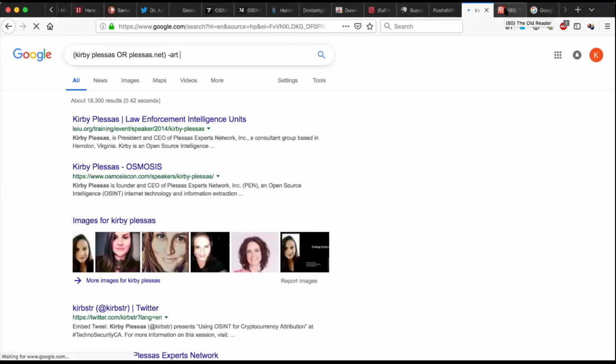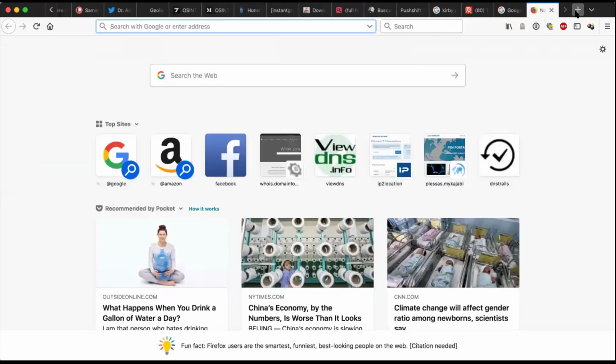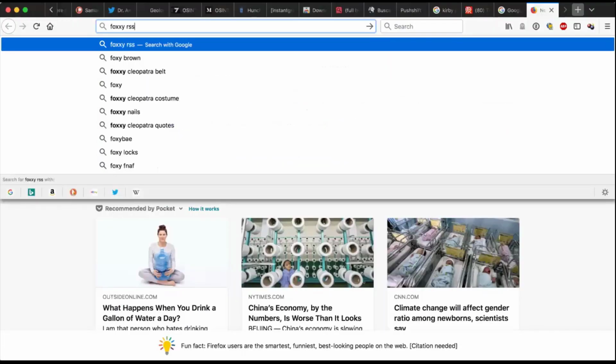Yeah, I use it all the time. I don't use it a lot. I use it all the time. I usually use Feedly, but with Feedly you actually have to pay to get any of the search or specialized custom search RSS. So I usually start people on the old reader. Which tool do you use, Dutch? For me, it's Feedly, the old reader, and within Firefox, I have an add-on, and I'm trying to remember what it is. It's Foxy RSS, I think, and I might want to come back to that in the notes.